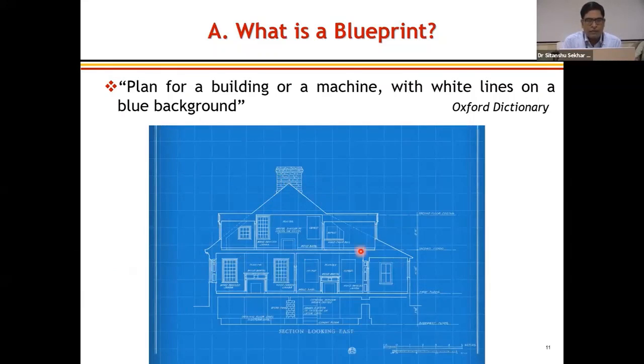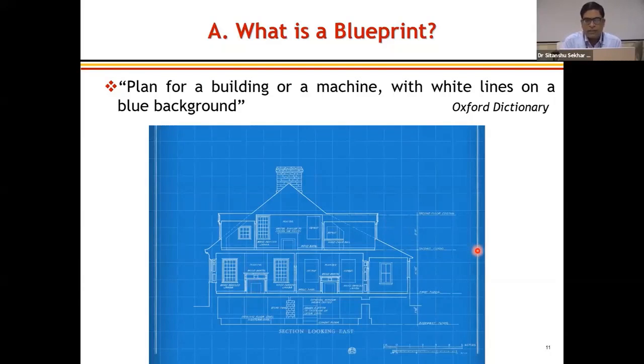So basically, looking at the blueprint of a house, we can find out where the kitchen is, how many rooms there will be on the first floor, what the size of the windows or doors will be, and where they will be located. So it gives you a plan of action for the future